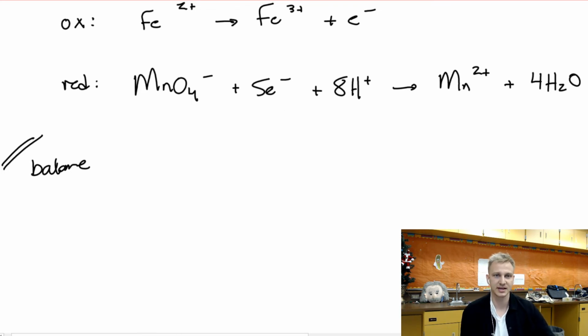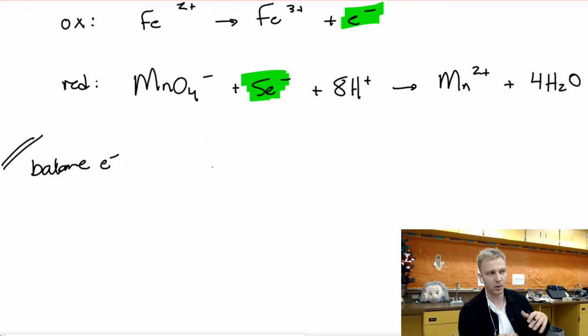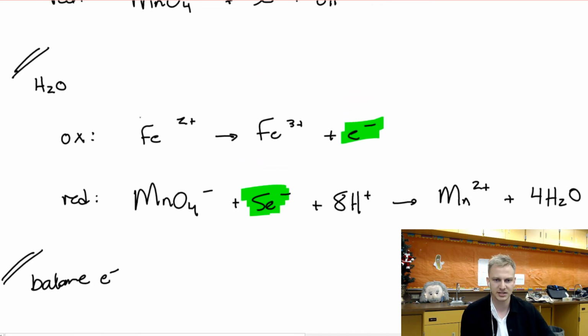What I can see as a key problem right now is that this top reaction only has the movement of 1 electron. The bottom reaction has the movement of 5 electrons. And if we're talking about one thing being reduced so that another can be oxidized, we need to have equal movements of electrons. So what we're going to do is basically like you did elimination and substitution in math,